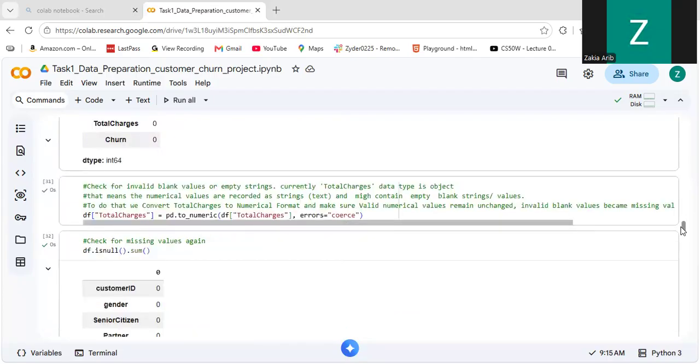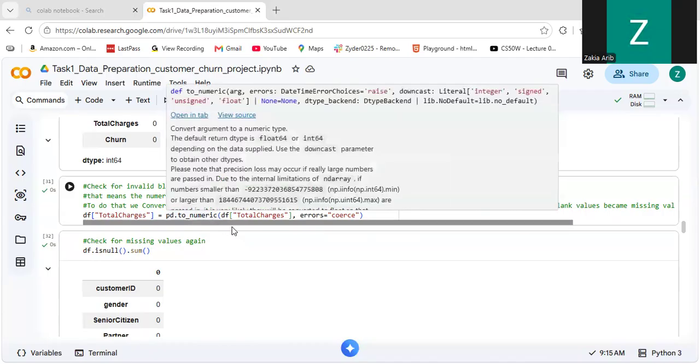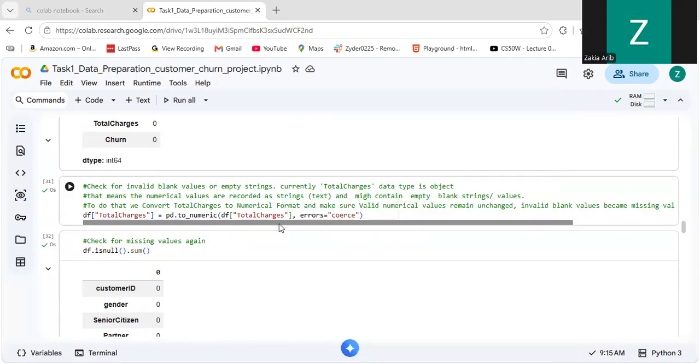So we saw that total charges are displayed as object, which is text, sorry, a categorical variable that we call it. So I need to convert that to numerical. To do that, we're going to create a new total charge column. pd.to_numeric will convert the total charges into numerical. And after converting,